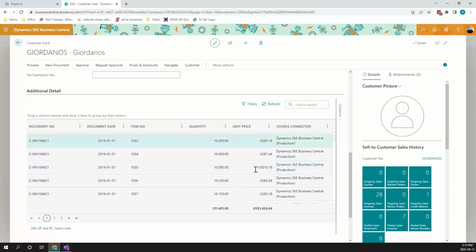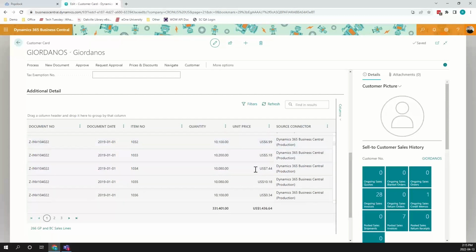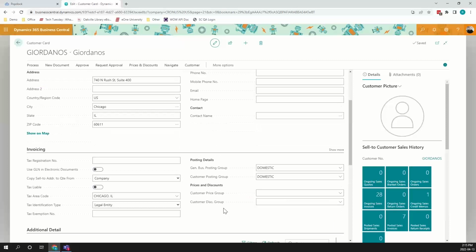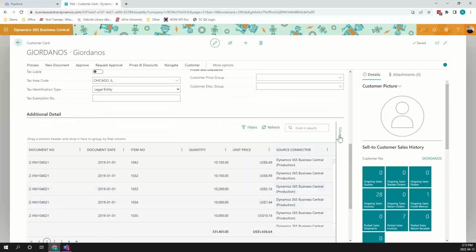Now, particularly behind this report, and I don't think I have it for Giordano's, I can show you with someone else if you want. I'm actually combining, if you remember, I mentioned that other ERP when I was looking at the main one. In this one, I'm actually combining some historical data from that other ERP with my ongoing. But at a minimum, I've got this detailed list here that I can refresh at any moment,